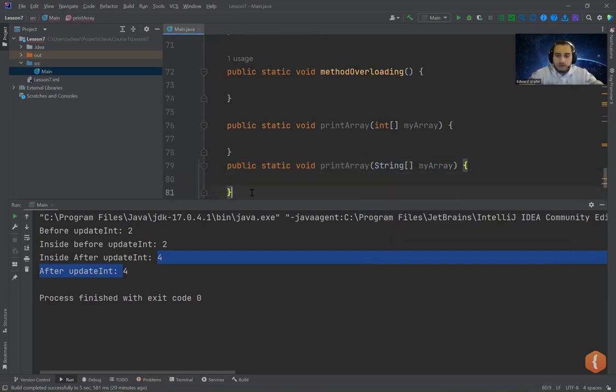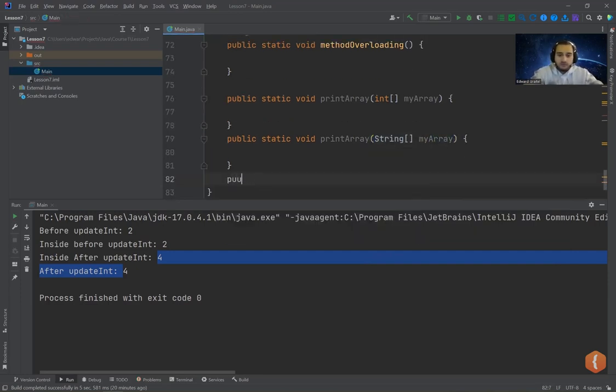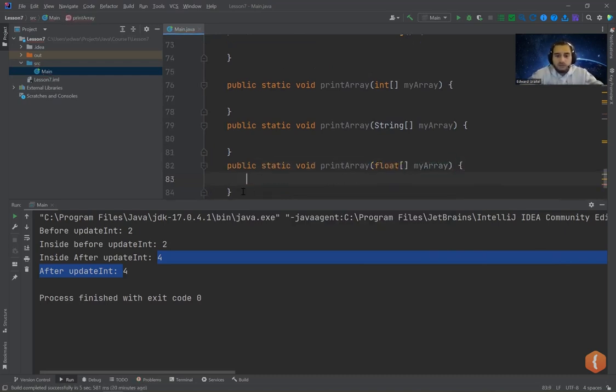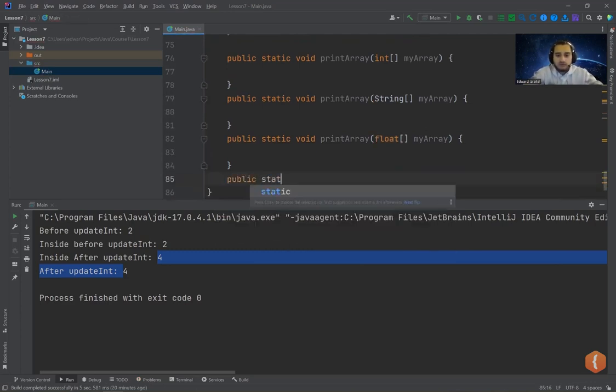Right? I can do something like this. I can do a float. Right? But what I cannot do is